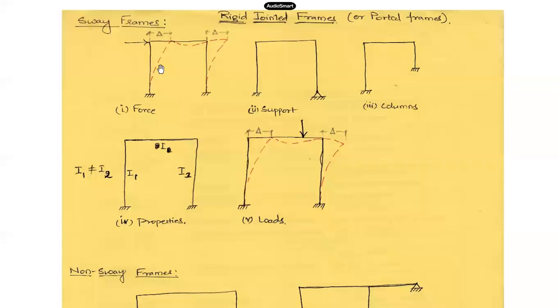So this is one case, which is what a sway frame is. How does a frame sway? What are the conditions under which a frame will undergo sway? Not all frames are sway frames. There are certain frames which can undergo sway, subjected to this lateral displacement. Else, there will be a frame which may not have any sway in it. What are these conditions? The first condition is a force. You may have a force which is trying to push the frame in the lateral direction, like this lateral force shown over here.